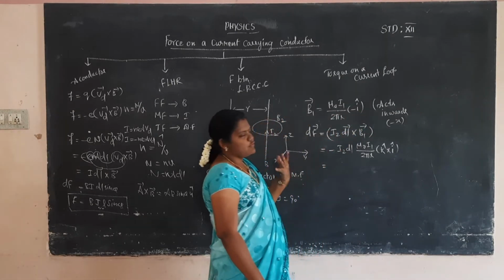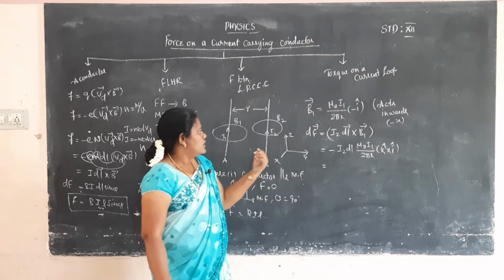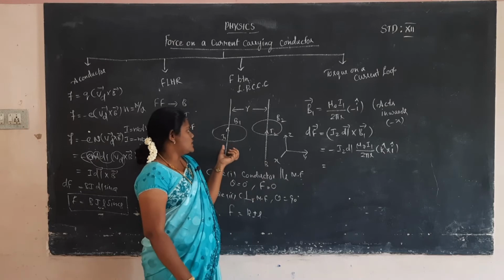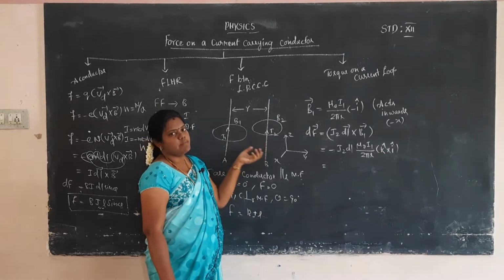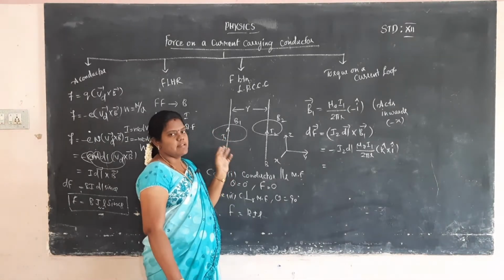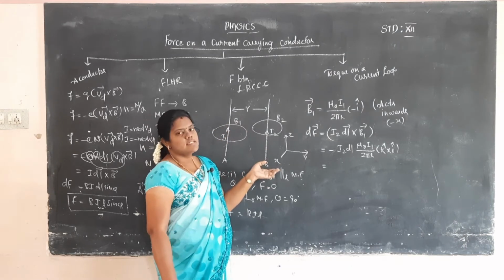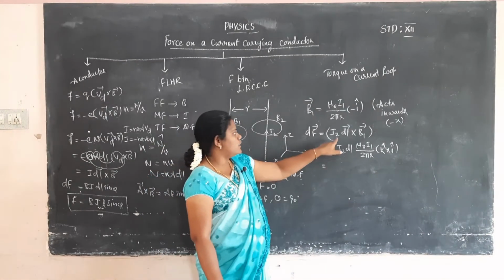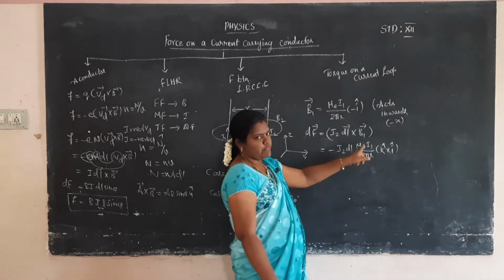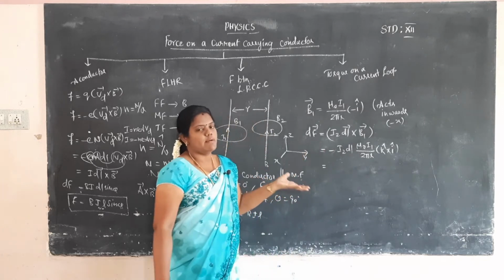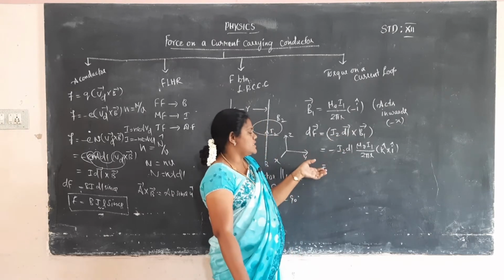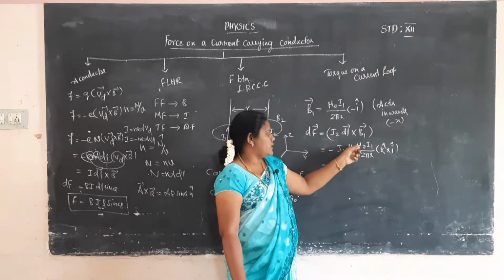Then we want to calculate the force. So how to calculate the force? dF, the change in force, is the force applied on the second conductor. Current I1 flows on the first conductor and creates a magnetic field, so the magnetic force acts on the second conductor. In the second conductor the I2 current flows, and the current element is dl vector cross the B1 magnetic field vector. This is the vector form, so dF equals I2 dl vector cross B1 vector.